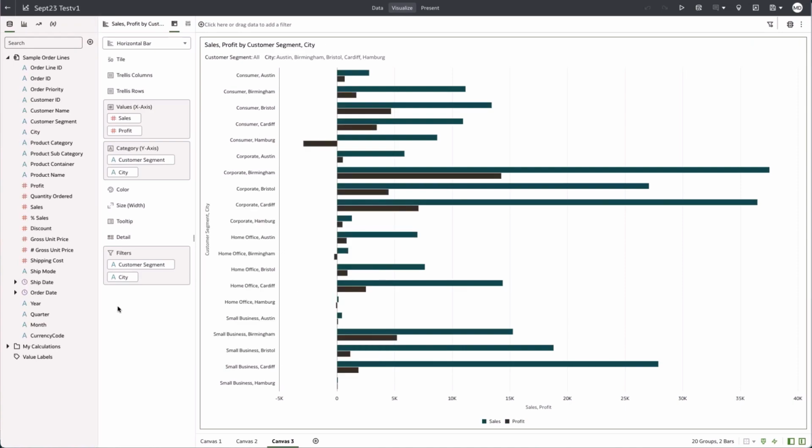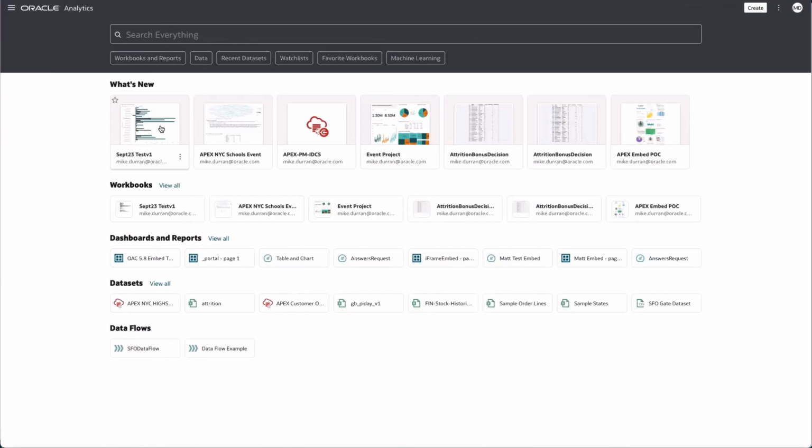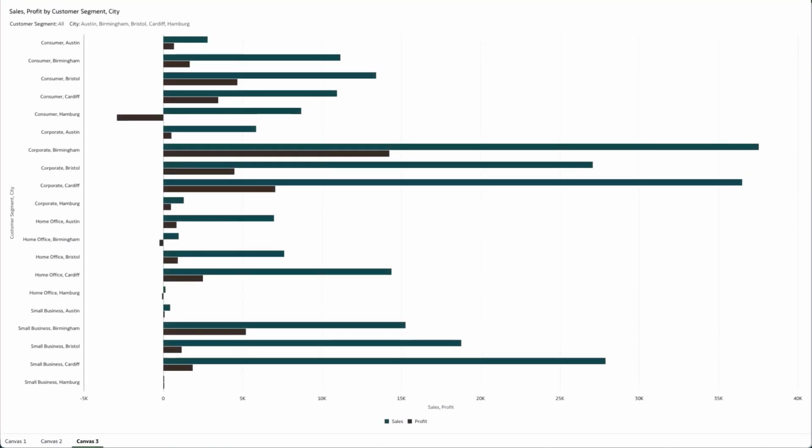So how can we make use of those parameters to pass values on a workbook URL? If I open up my workbook in a new tab, that gives us the starting point for the structure of the URL that we need to be able to pass those parameters. And the important part of the structure is that we can see project.jsp. If I go to a text editor,